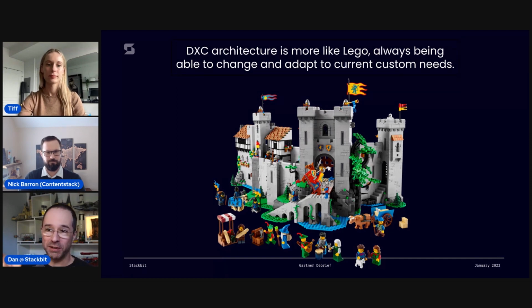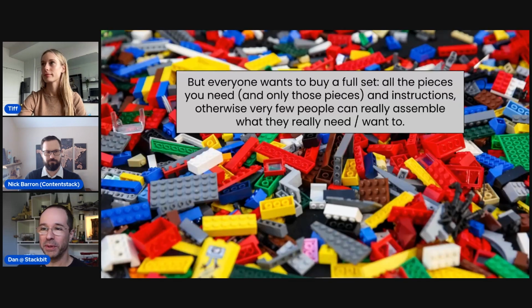What you want though is this, right? You want this nice set, and not what you're getting if you just buy bulk Legos. So that's the next slide. Nobody goes and buys, oh, just give me a pile of bricks. Maybe I do, as you can see, I'm a Lego fan, but most folks need a set. So you need all the pieces you need, only the pieces you need, and the instructions. And from that starting point where things have been set up with best practices, you can start evolving. So that's the analogy I wanted to lead with.